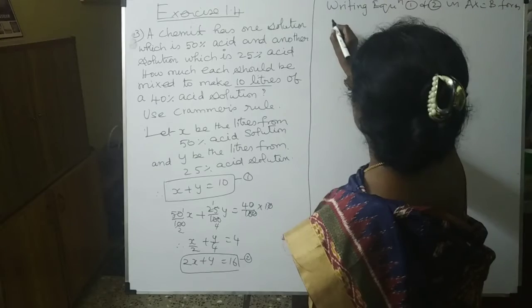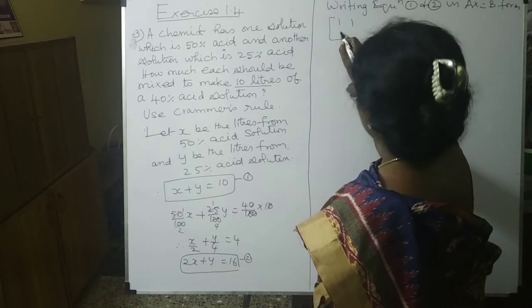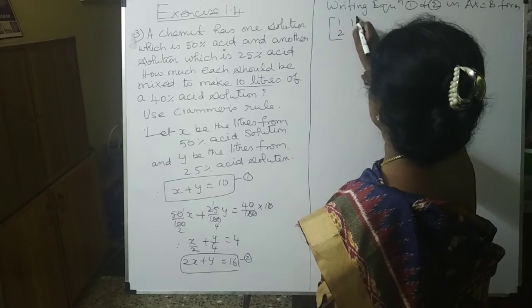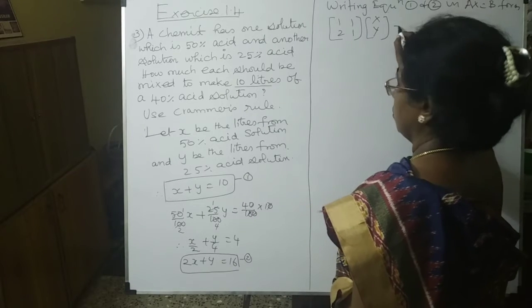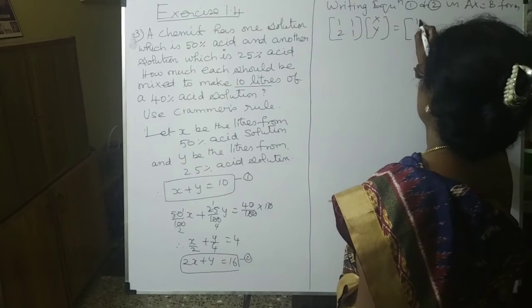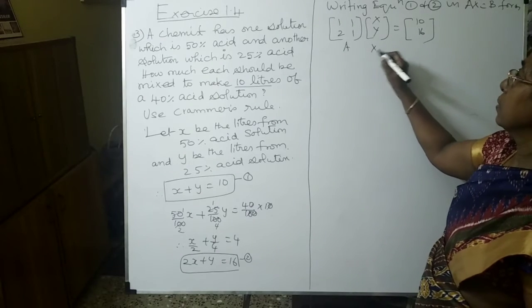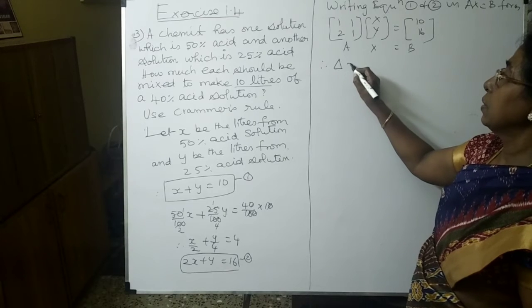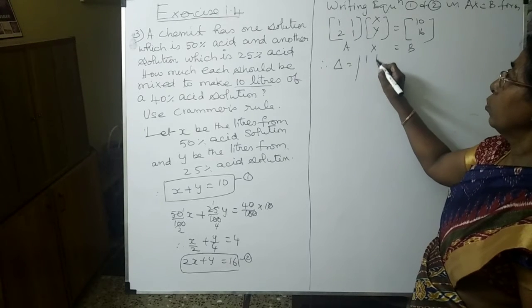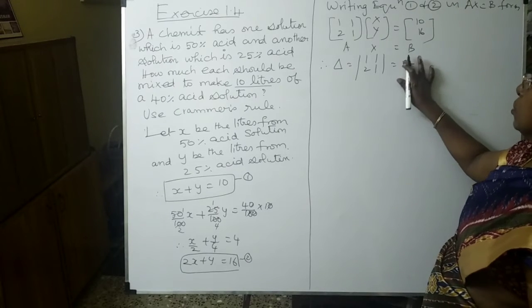We get [1, 1; 2, 1] into [x; y] is equal to [10; 16]. This is of the form AX is equal to B. Therefore, delta is equal to the determinant [1, 1; 2, 1]. This is equal to 1 minus 2